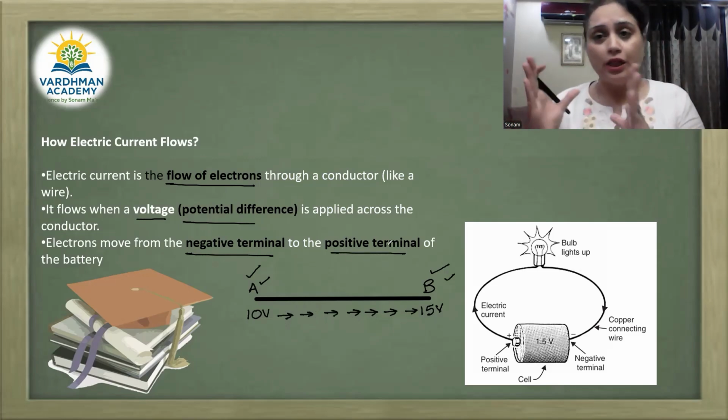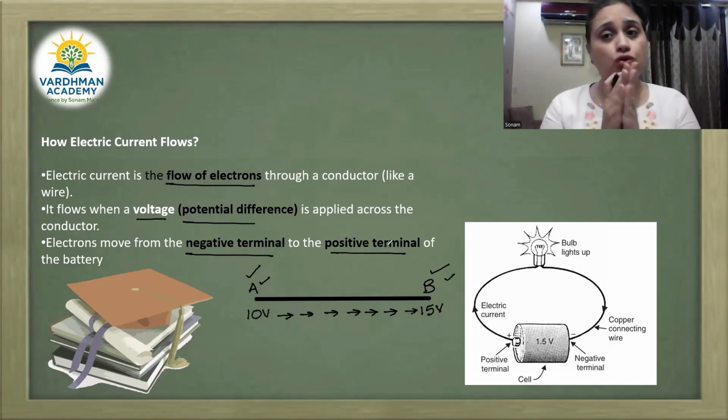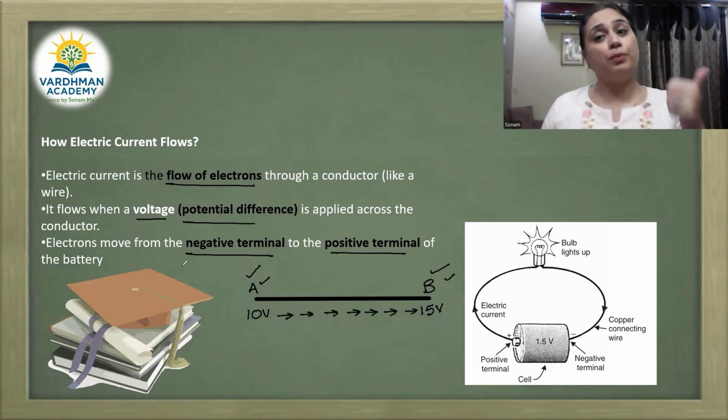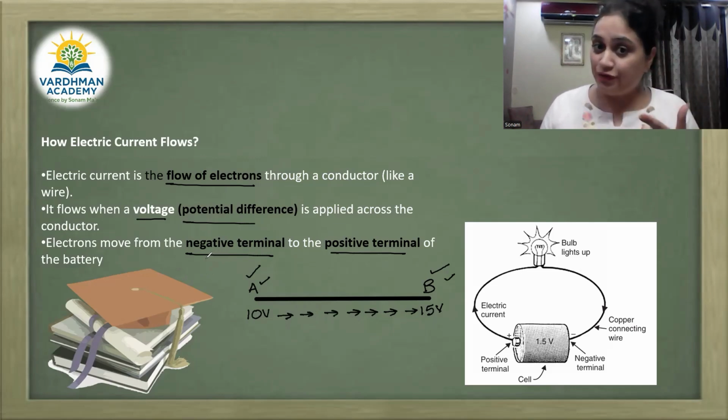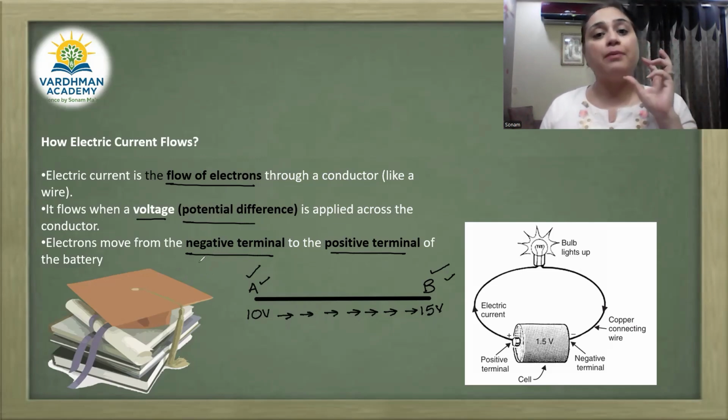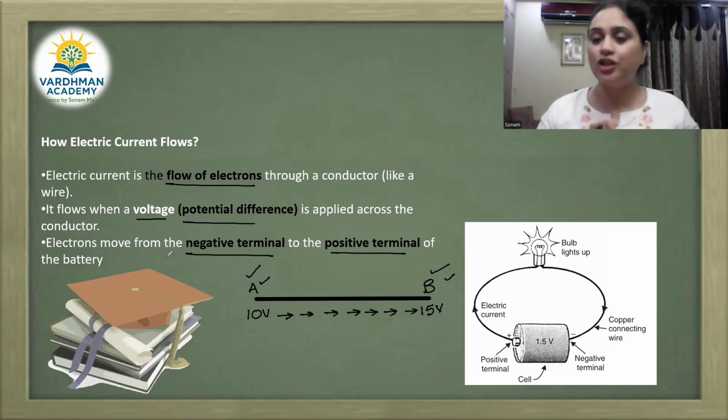अब ऐसा क्यों हो रहा है? Those who have not seen the first introductory video of this chapter can go and check it out. So electrons always move from negative to positive because the negative terminal is rich in electrons and the positive terminal always has a scarcity of electrons. So the electrons will always move from the negative terminal to the positive terminal. So here we have two directions: one is the actual direction and the other is the conventional direction. So we are going to understand that.